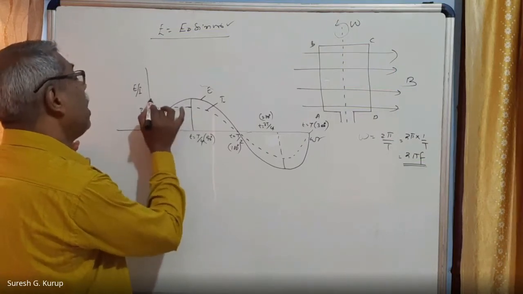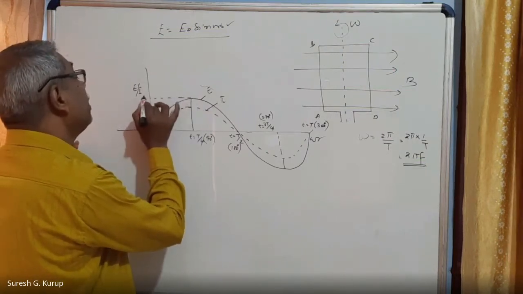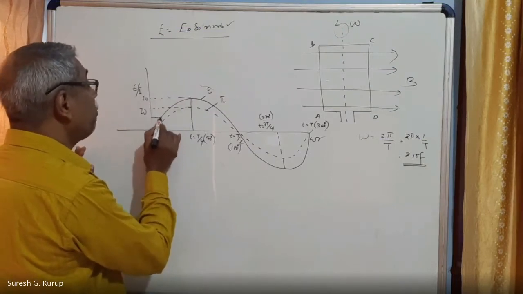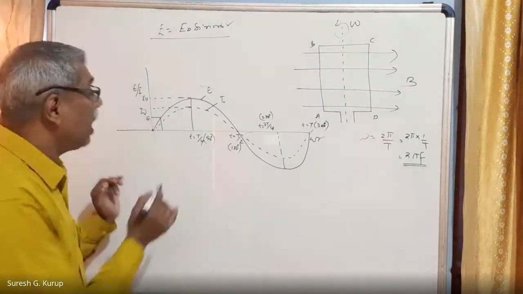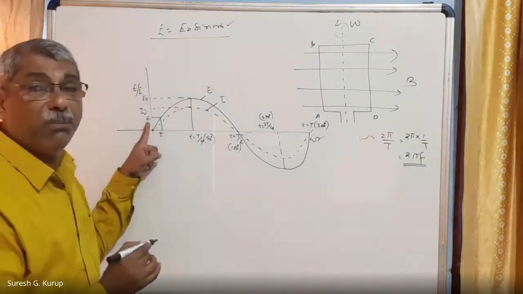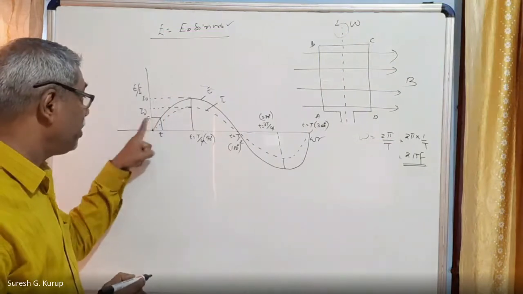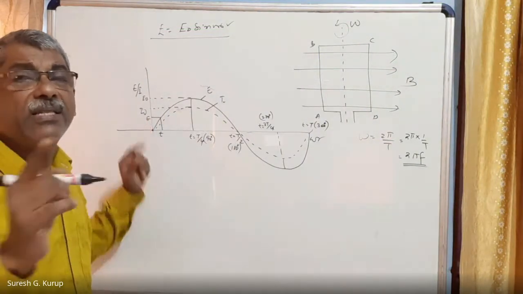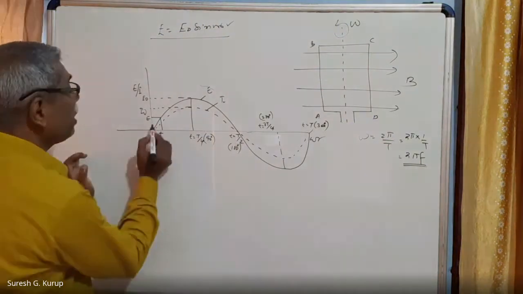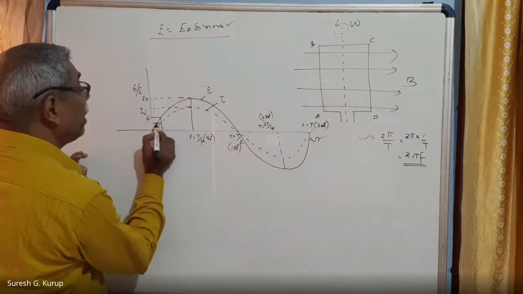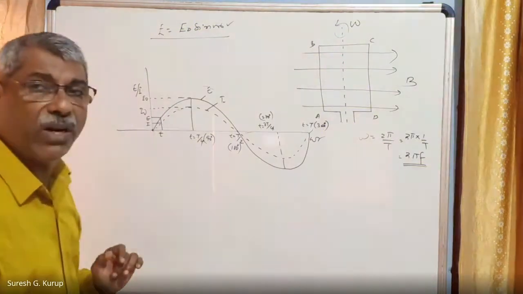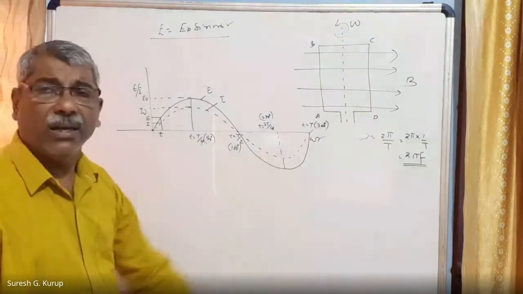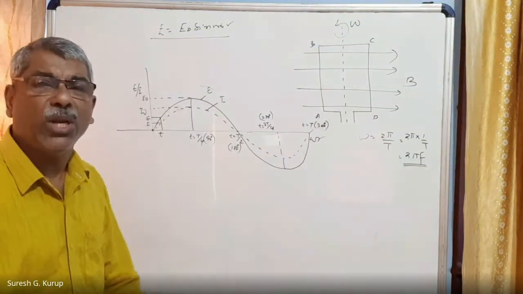Peak value we can represent it. This is I0 and this is E0. Then what is the value of this? This is equal to the EMF, just small e. At any instant t, the EMF is called what do you call? Instantaneous EMF. Current is called instantaneous value of current. This figure is very easy to understand, right? That is why the current or EMF is sinusoidal, we call it.